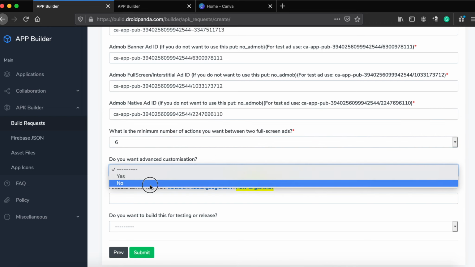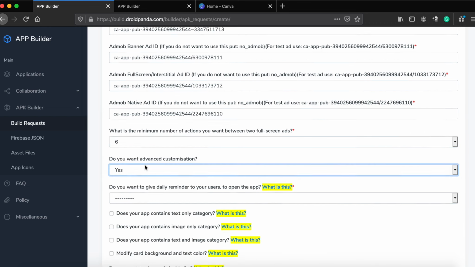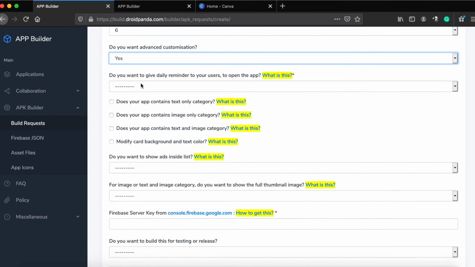You can do a lot of customization when building the app. Try experimenting with those options.